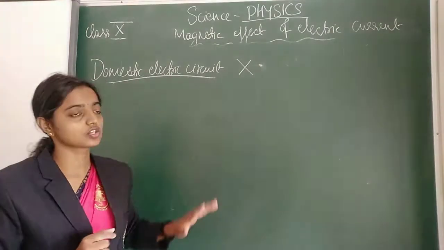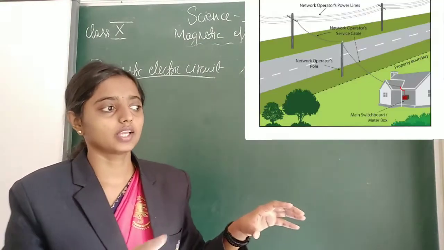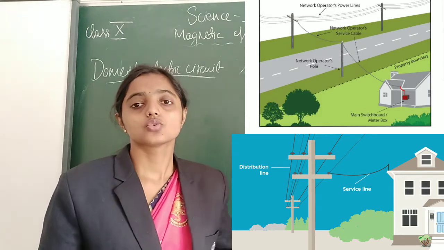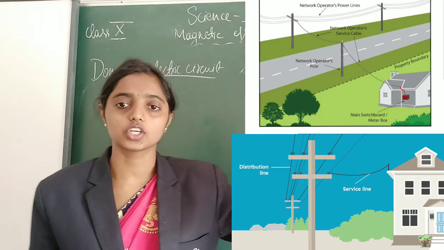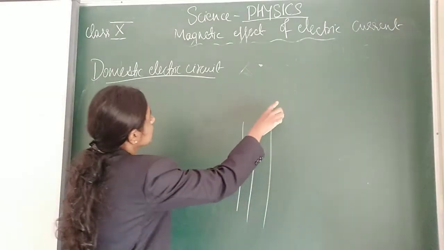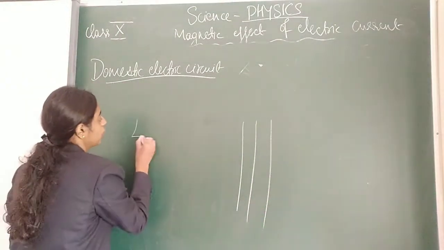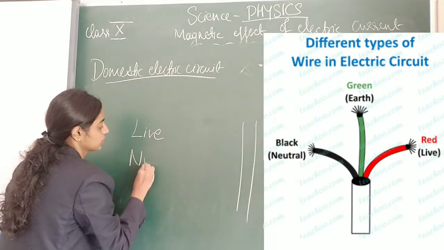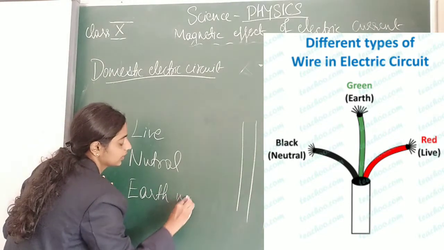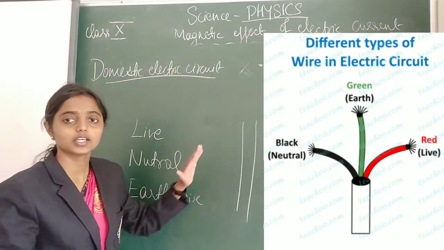The domestic electric circuit is nothing but how electricity wires connect from transmission to poles, then from poles to our home through the main boards, right? In that process of connection, each electrical circuit has a set of 3 different wires, which we already know: live wire and neutral wire, and one more, the earth wire. In the electricity chapter we didn't give much importance to the earth wire, but we learn the role of the earth wire under this topic.